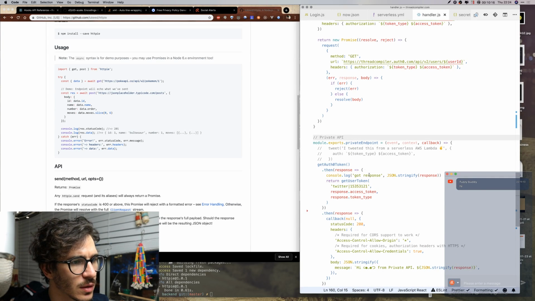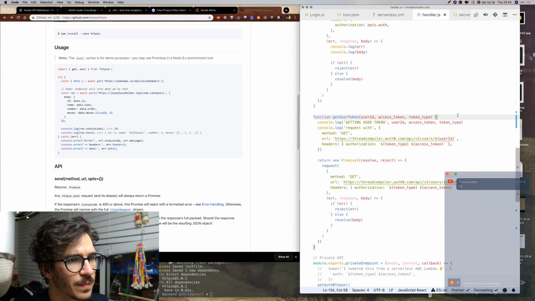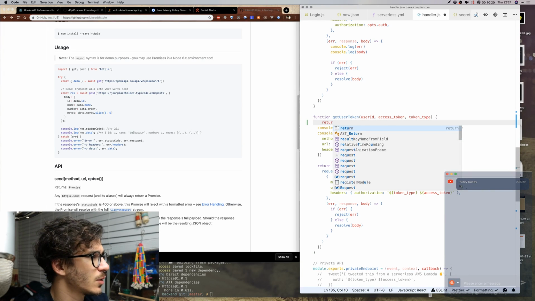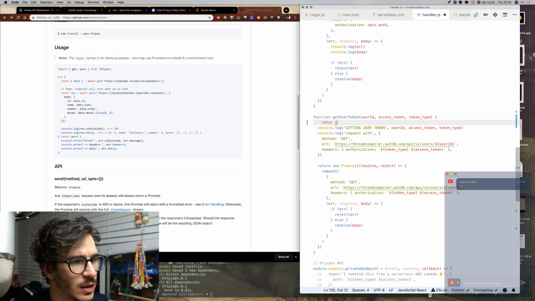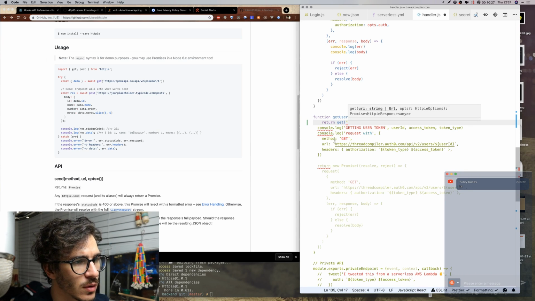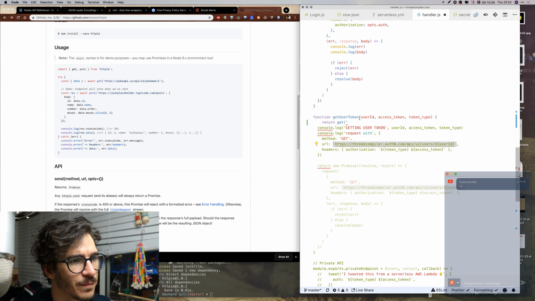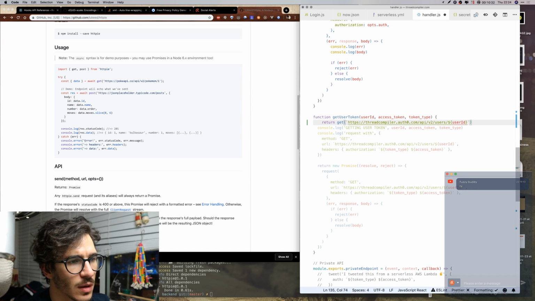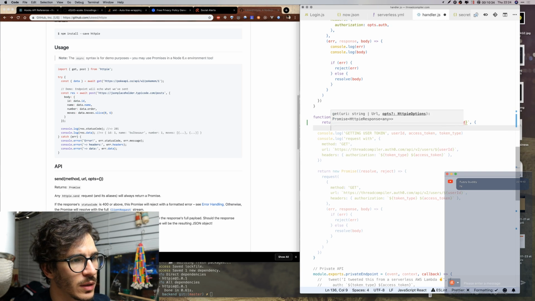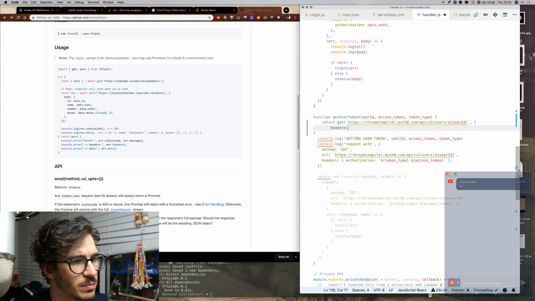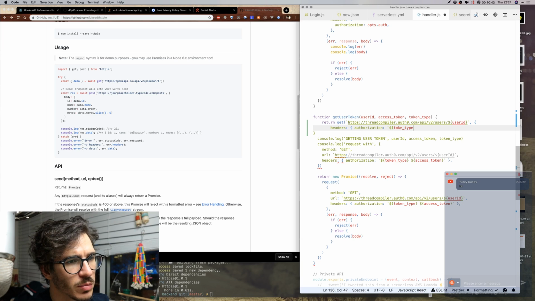So that's our get user token, which again returns a get request to all of this stuff, with our headers being authorization is token type and access token.